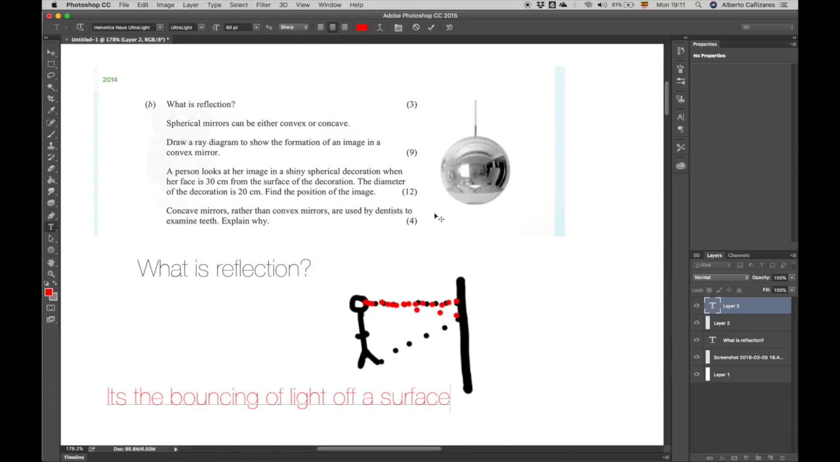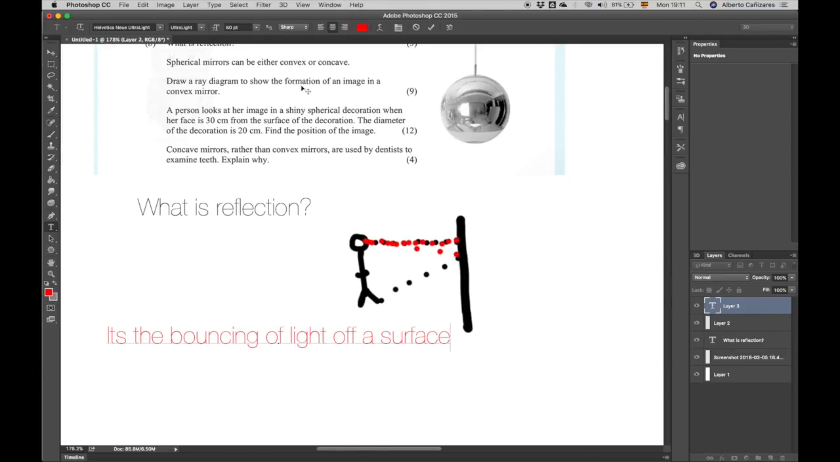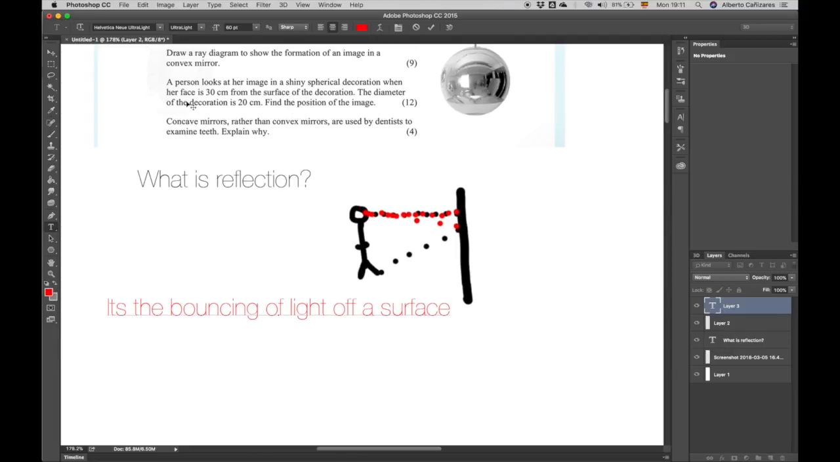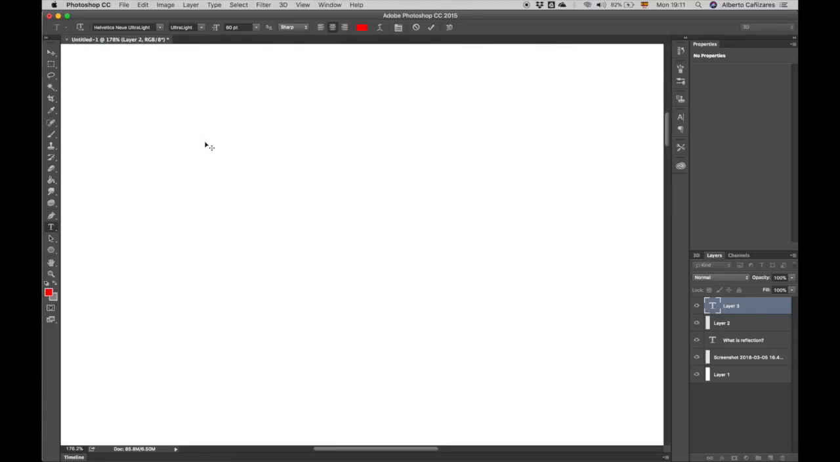Okay, so the next part of the question says, draw a ray diagram to show the formation of an image in a convex mirror. Right, so first of all, what is a convex mirror? Well, as you may know already,